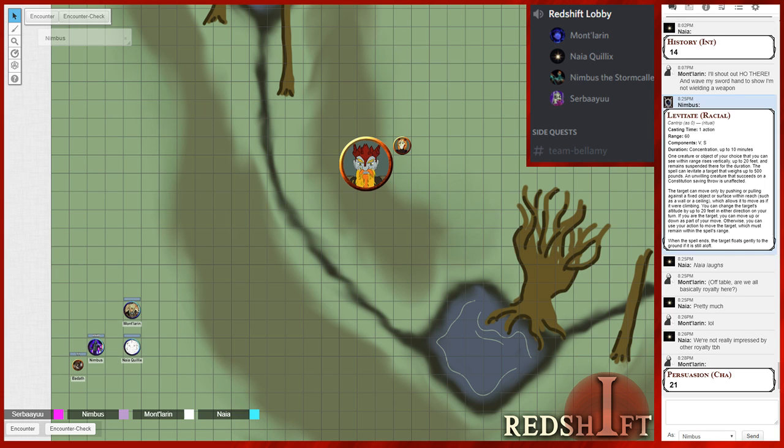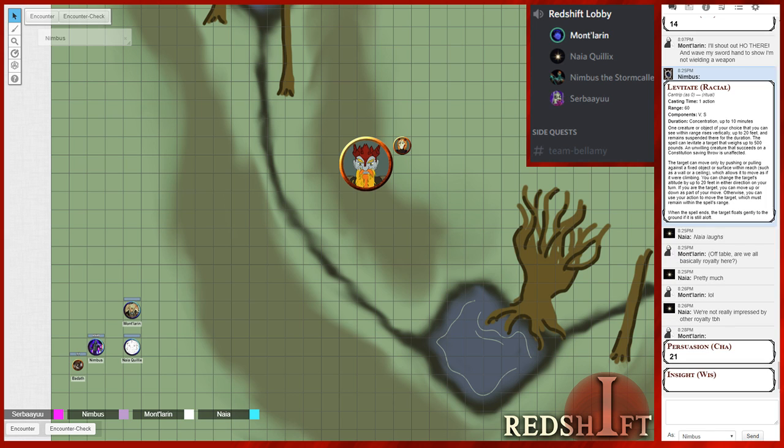Well done. I'm actually kind of good at that one. She looks like, you can see that she is lost for words for a few moments, and roll insight for me, Montlarn. All right. I'm not as good at that. Fair warning. Okay. And the giant looks again at her, and he looks back to you, and he says,